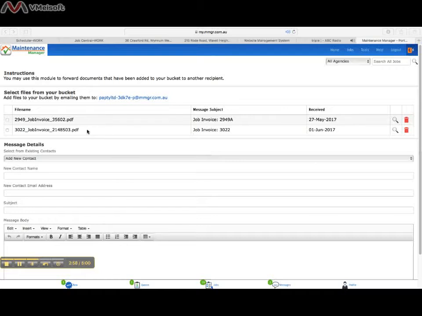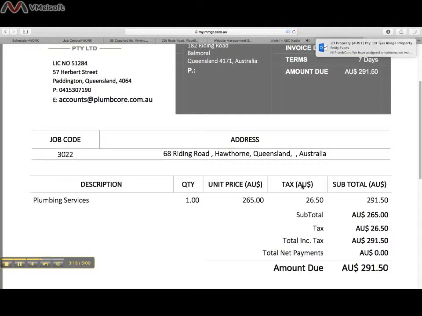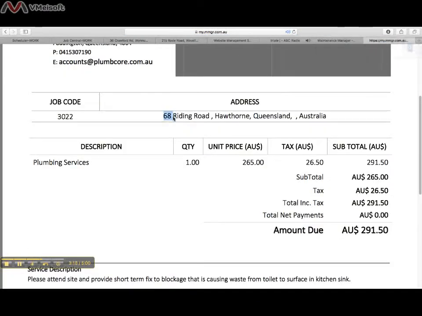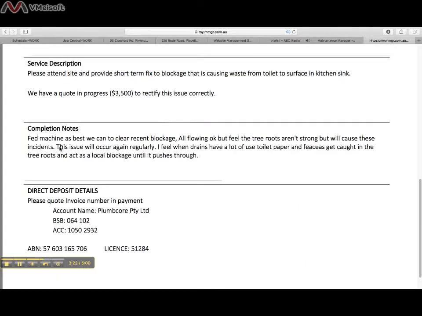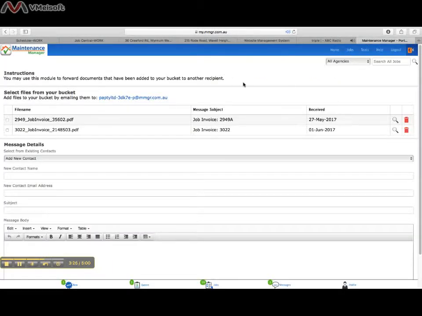Okay, so we can see here that the job invoice has now loaded, and so it will show the correct date being today's date, the 1st of June, and we can actually check that it's come across correctly by clicking on this little magnifying glass. So if we click on that, it will actually bring up the invoice. So again, you're just wanting to double check 68 Riding Road and that it is the correct invoice for that property. Once we've done that, what we need to do is go back to Jobs,